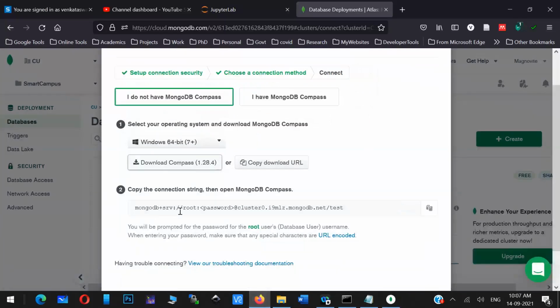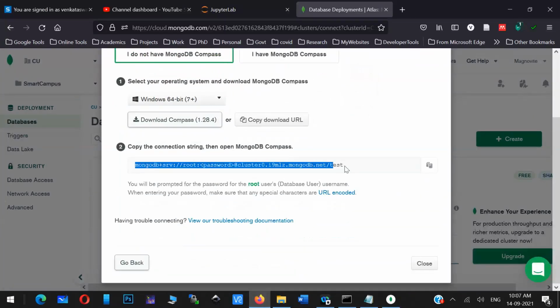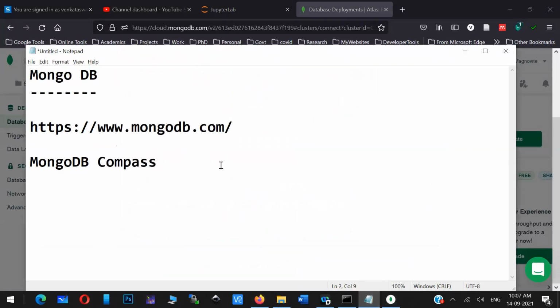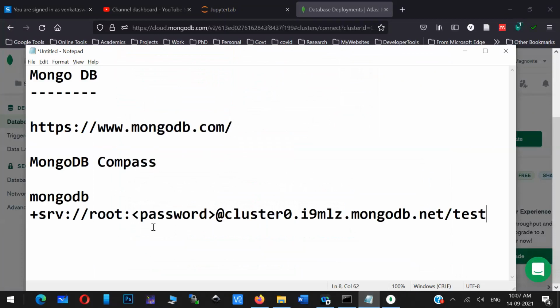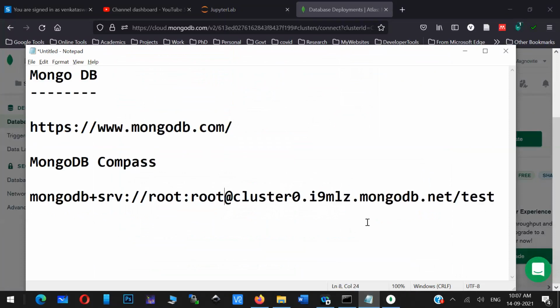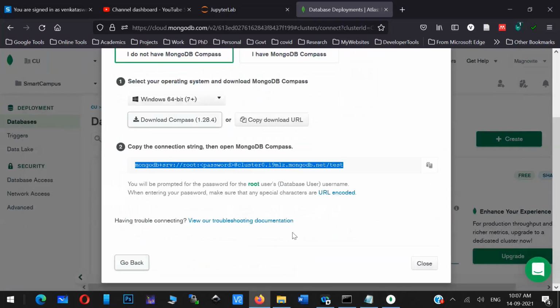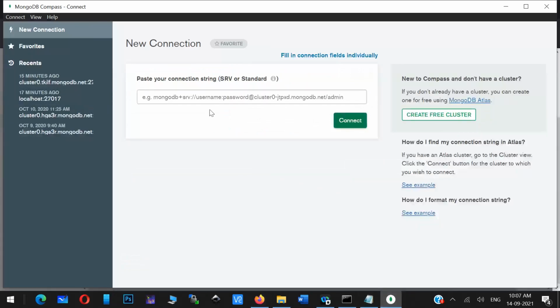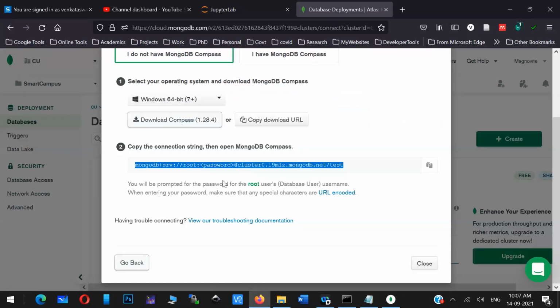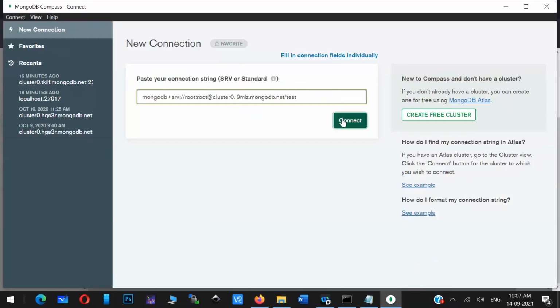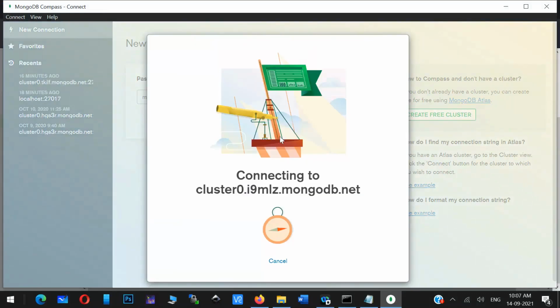And then they are saying we just have to copy this connection string. If you want to connect with this Compass, you just have to use the credentials you are given, in the Compass. So now I am typing those details. Then I am clicking on this connect button. Okay, can you see here?